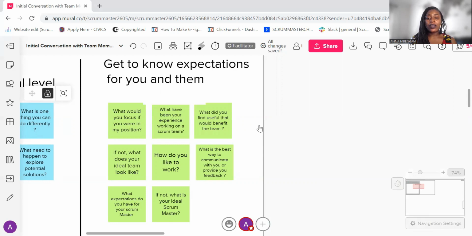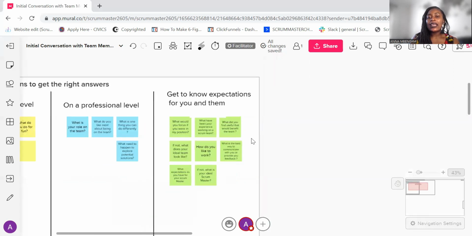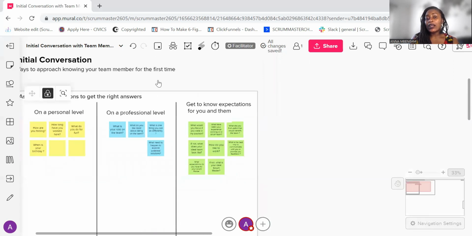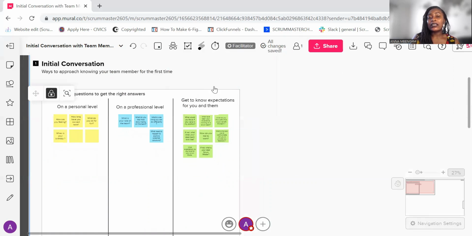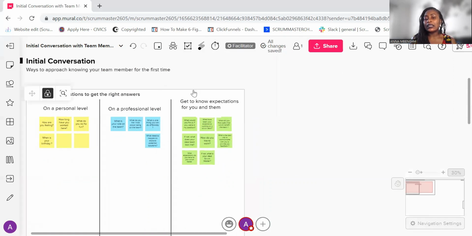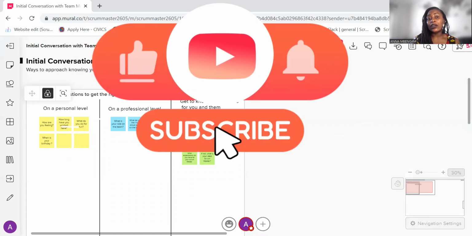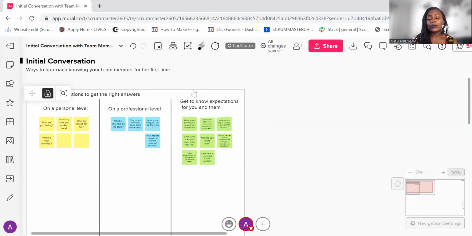And if you've never worked with a Scrum Master before, what is your ideal Scrum Master, right? I always like to ask these questions because in asking the right questions, I get to understand what steps and next action I need to take with the team as I get acquainted. I just personally got moved to a new team, and I will have to do all of this with all my team members, not my team members, their team members, right? And it's very important for you to be genuine. No matter how fast-paced this work is, it's good to acknowledge people for who they are.